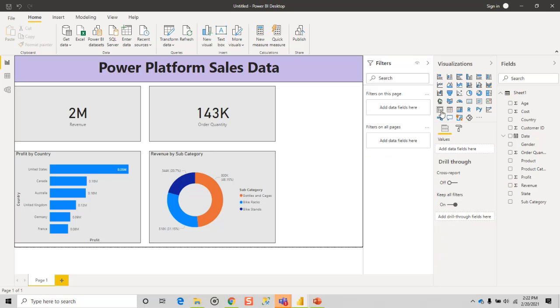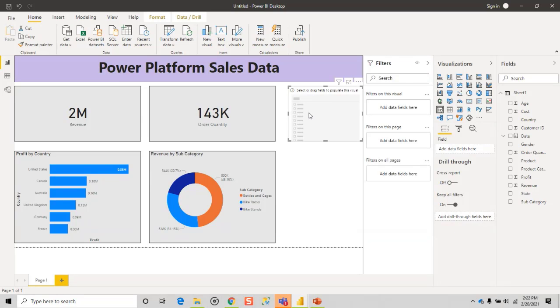So this is my slicer here. A slicer is basically a filter. If you know what a filter is, a filter like a normal filter is used to select only a certain number of stuff that you want to see. You use it when you want to just see a selected number of things in your organization also. So yeah, this is my slicer, and for my slicer I want to know which gender,